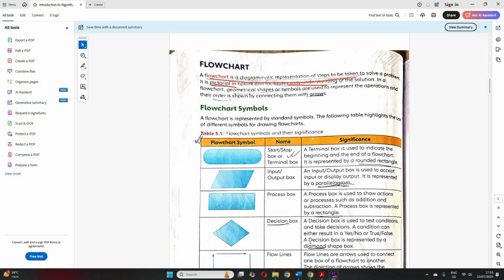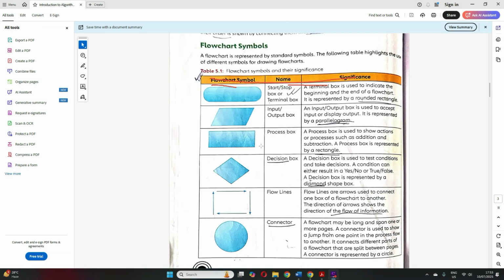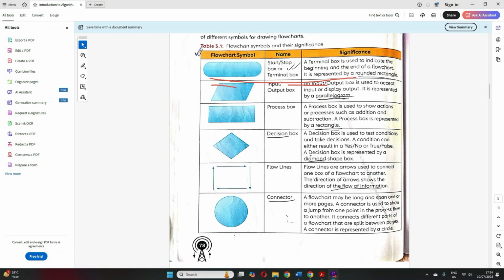Now let's try to understand the different symbols that we use in our flowchart. The very first symbol is the start and stop box. In a flowchart, when we write the steps, the first step is always a start and the last step is always a stop.